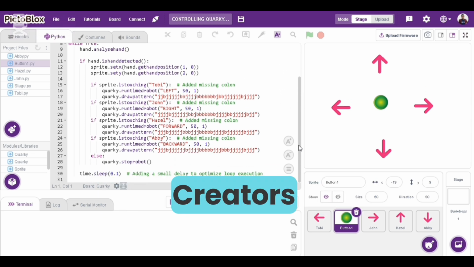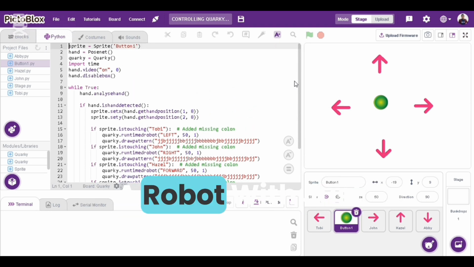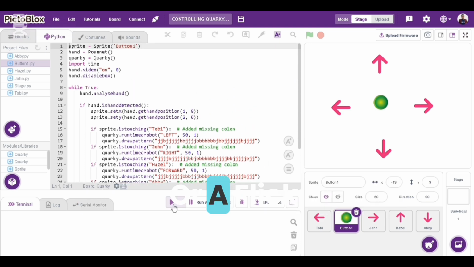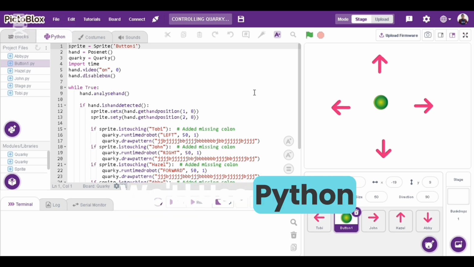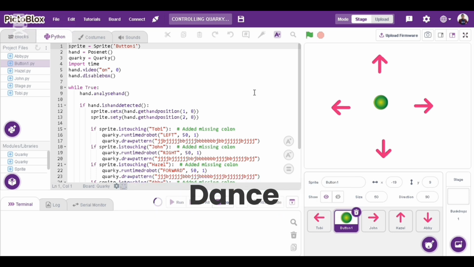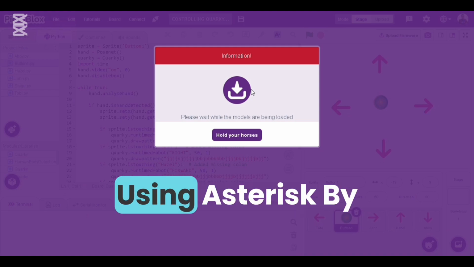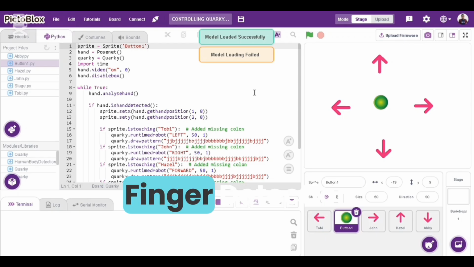Hey creators! Ever wanted to control a robot with just your body movements or a flick of your fingers? Today, we're merging AI magic with robotics. We'll use Python in Pictoblox to make Quarky dance, move, and follow commands using AI human body and finger detection